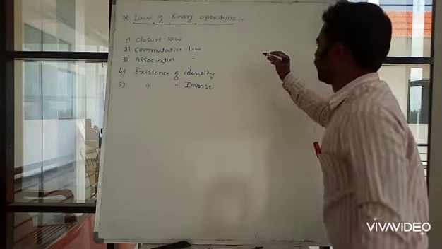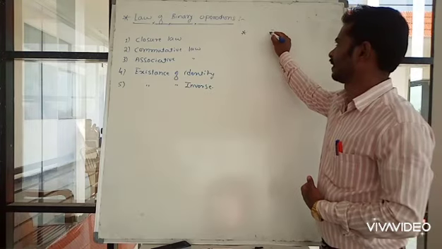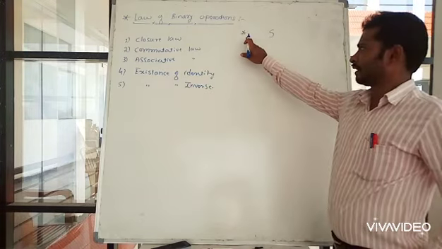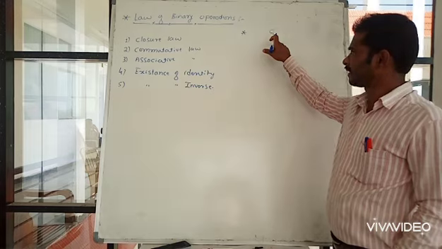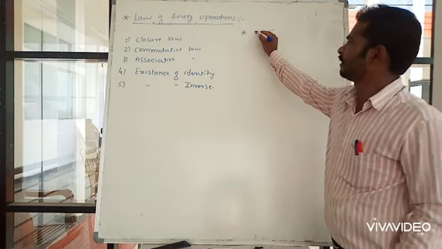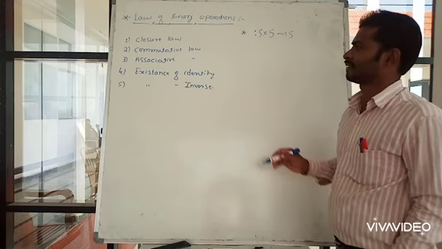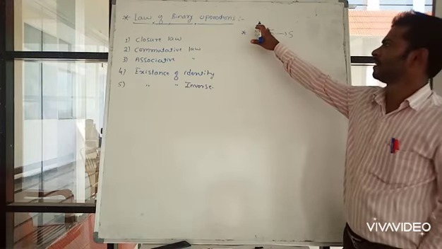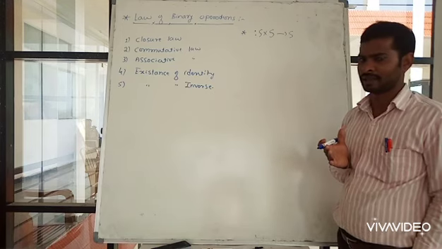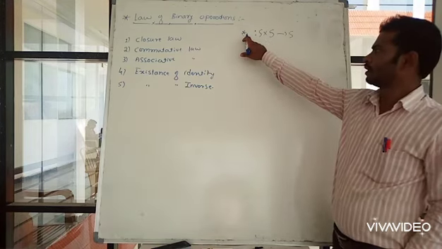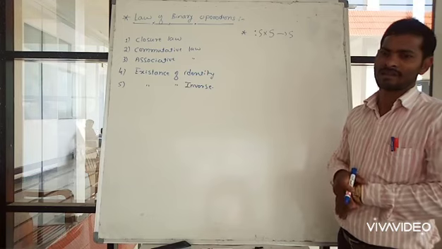Suppose star is any operation on the set S. This operation on the set S is said to be binary if this star is a function from S cross S to the set S. Then only do you say that this operation star on the set S is a binary operation, otherwise it is not a binary operation. This binary operation on the set S is said to satisfy the closure law